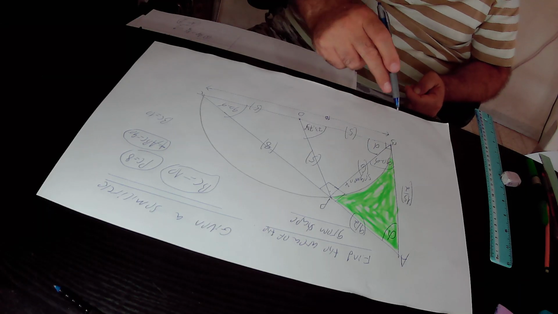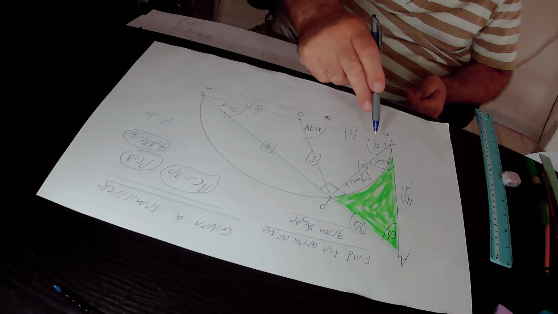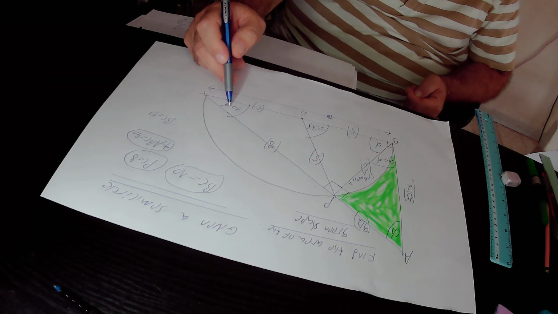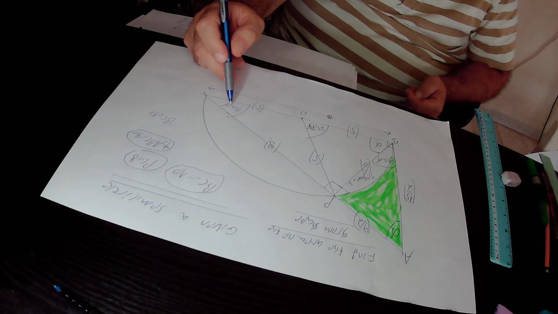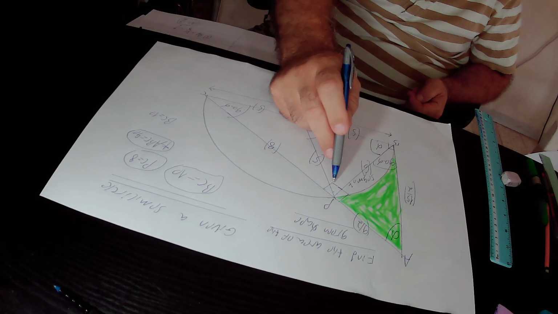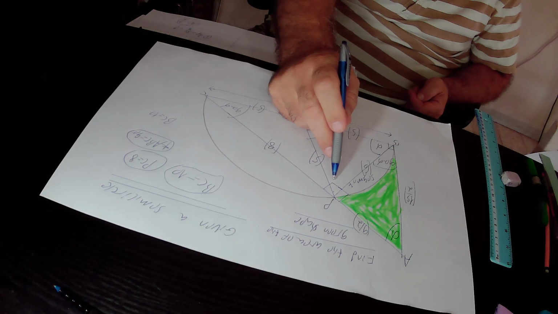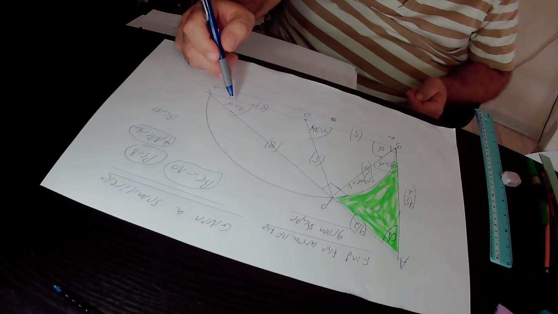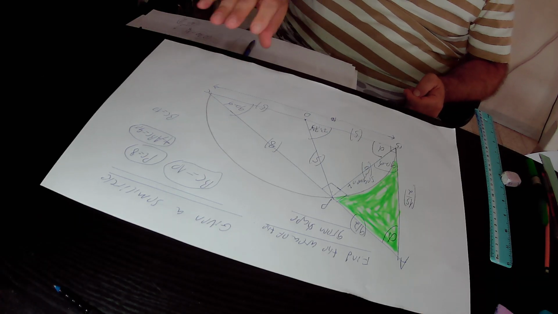So in the right triangle BPC, this angle equals 90 degrees. This angle equals alpha. Therefore, this first missing angle must be equal to 90 degrees minus alpha. 90 degrees minus alpha plus alpha is 90 degrees, and 90 degrees plus 90 degrees is equal to 180 degrees. That is the sum of the angles in a triangle. So this first angle must be equal to 90 degrees minus alpha. It is very easy to see that